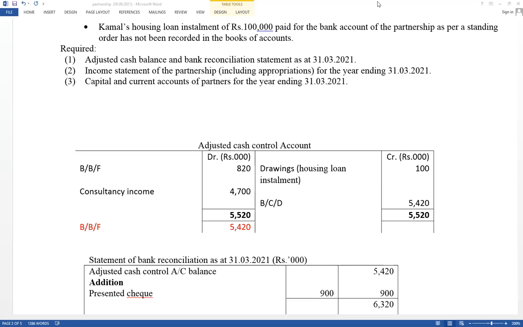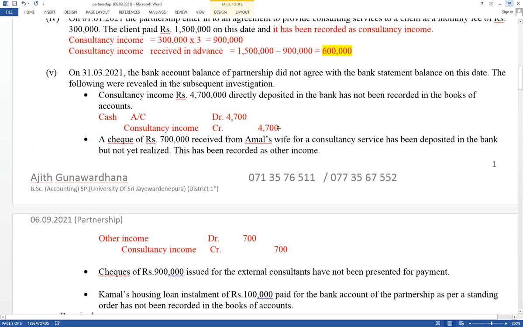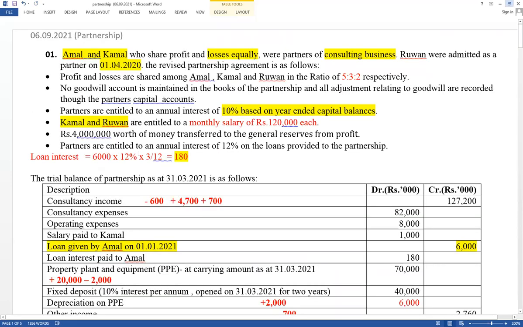Therefore, very important: there are 16 lessons, but in the paper there are only 6 questions. Many lessons are combined together. Therefore, very, very important. Think about a service business. Let's think about the agreement here. It has given an interest rate of 12%, very important. It says partners are entitled to annual interest of 12%. If it has not been given like that, you have to apply section 24. Based on section 24, 5% interest should be calculated. This is the last part of partnerships.